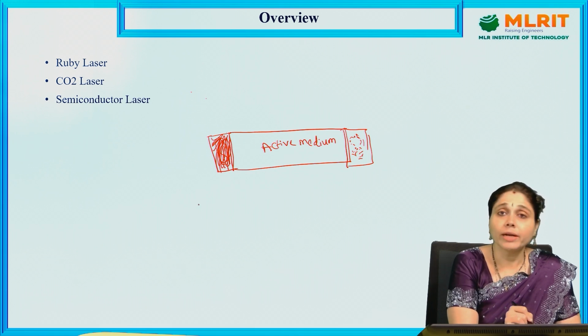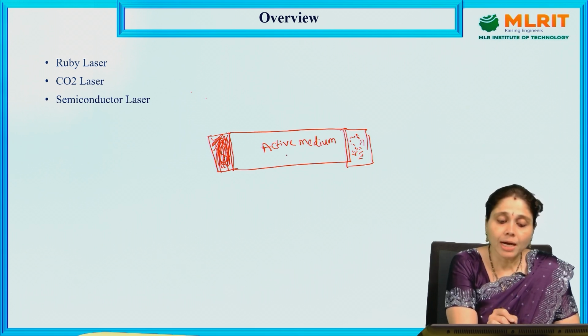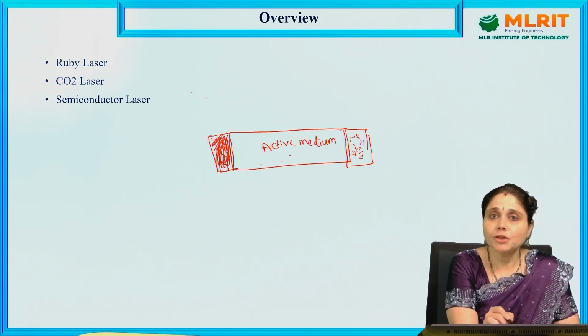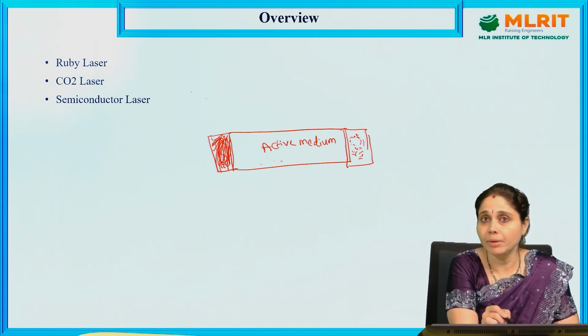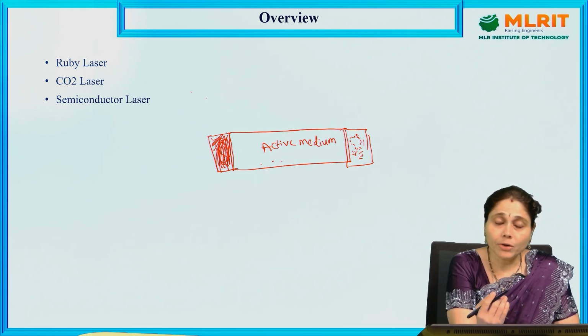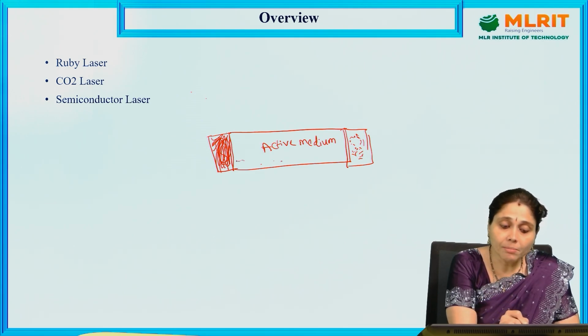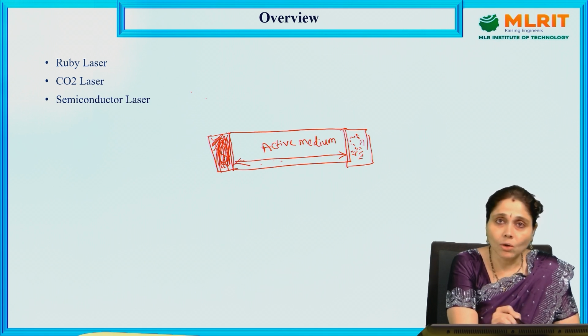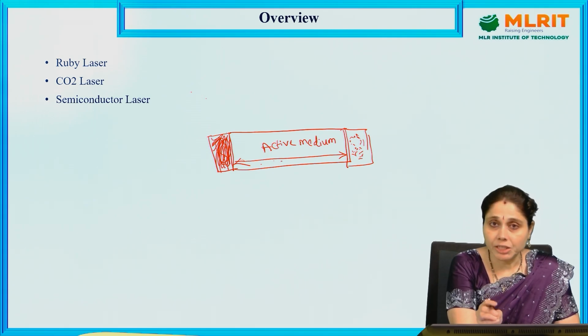Okay, this total arrangement will be arranged, and in this active medium only the excitement of atoms and de-excitement of atoms will be taking place. Okay, the active medium is the medium where active participation of transition of energy levels will be there. Transition of atoms from one energy level to another energy level will be there. Now, the produced output will be moving in between the partially reflected mirror and fully reflected mirror, until it achieves the required amount of amplification.